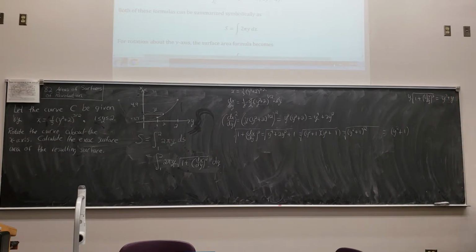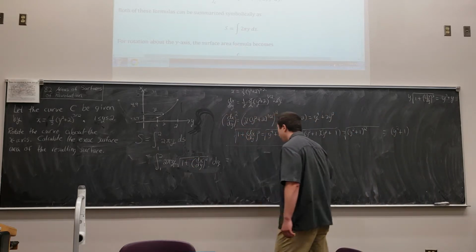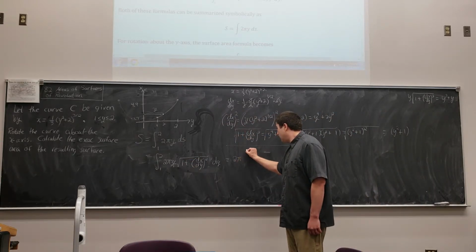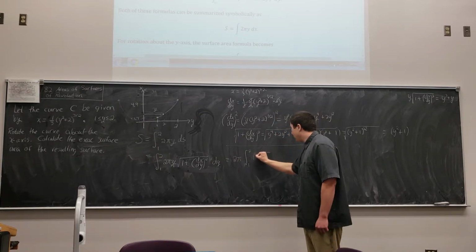I guess that's not a huge step to say there, but keep in mind that could have been an entire function. We may have done a substantial amount of algebra there, so it could have been a good time saver. So y cubed plus y goes all the way here. We can factor out 2 pi and integrate from 1 to 2, y cubed plus y